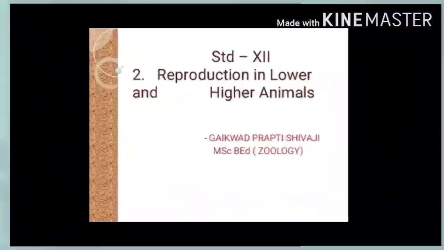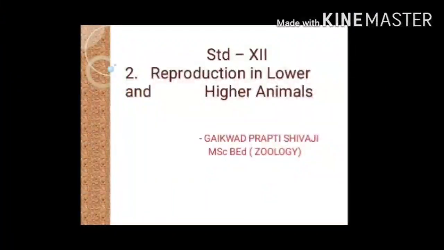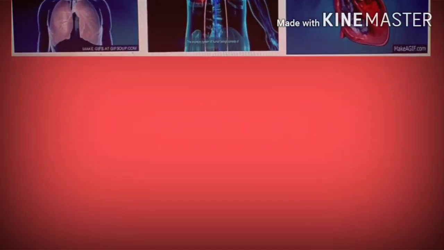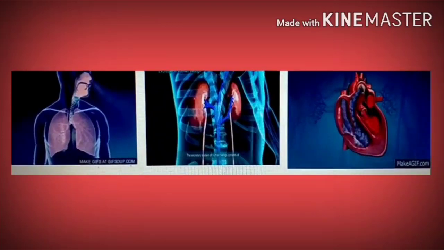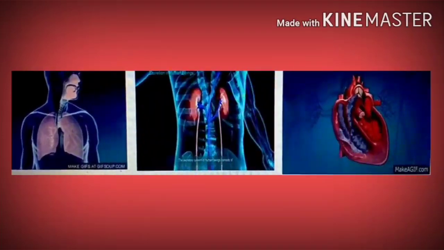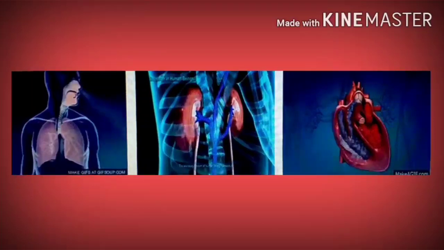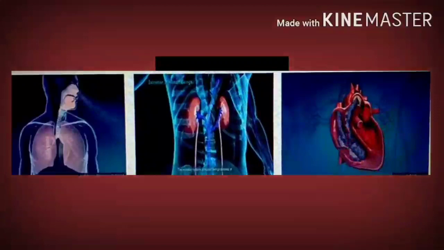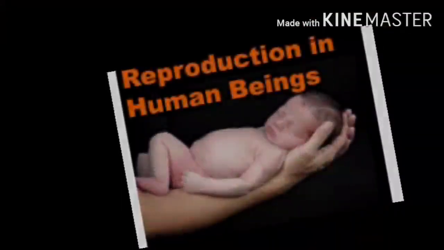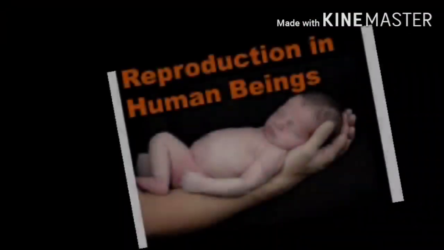Today we are going to see detailed information on reproduction in lower and higher animals. Now let's see that there are various life processes responsible for the continuation of the human race, for example, respiration, excretion, circulation, digestion. All these are very important, but among all these, the most important process for the continuation of the human race is human reproduction. So that we are going to see in detail in this lesson,